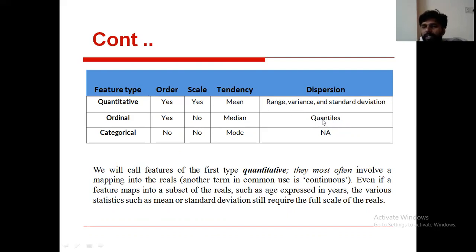75th percentile. That is what? Quarter 3. Means what? For box plots, we are using ordinal variables. Coming to the categorical variables, right? For categorical variables, we are not using these range, variance, and standard deviation. Why? Because to represent the colors, we are using colors like red, green, blue, yellow. We can't calculate a variance, standard deviation, quartile, mean value, or middle value like this.